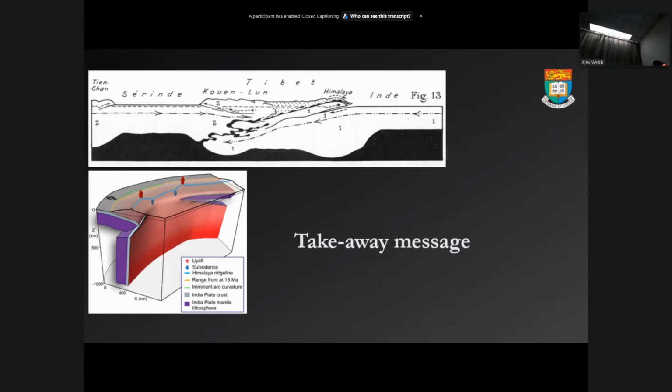But it's a simple contractional system where the timing is not uniform along the length of the origin. The timing is different in the West from in the East Central, and it's progressive. And all of our models were two-dimensional, so we had no explanation for this timing. And so this is our first attempt at a model that can explain a rippling of crustal tectonics along the length of the Himalayan system.